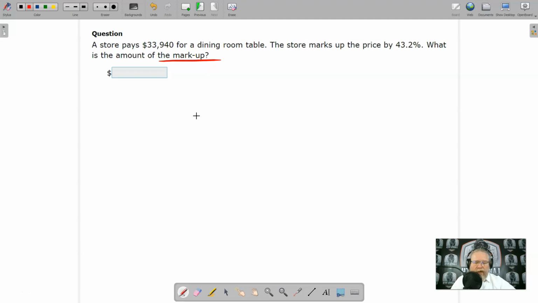All right. So let's go ahead and figure this one out. So we need to know 43.2% of the cost that the store pays for it, $33,940. Again, that's a pretty expensive table. The percent is a decimal. Let's move that decimal over 2 places and end up with 0.432. I actually don't need the percent sign on there. Misspoke. Multiply it times